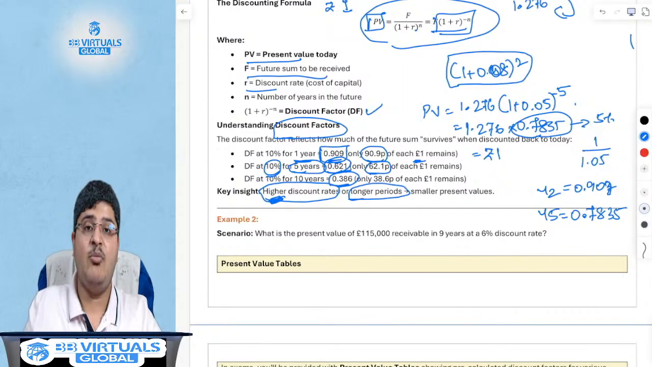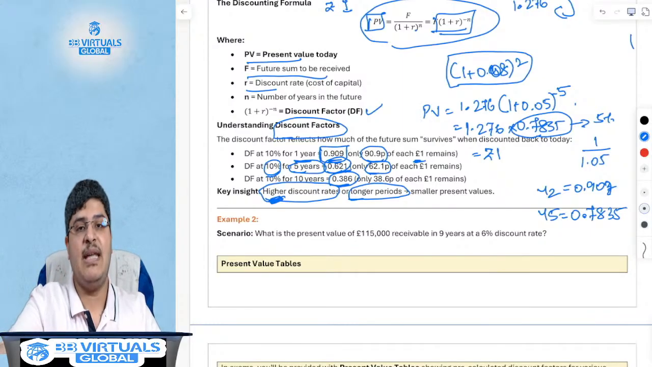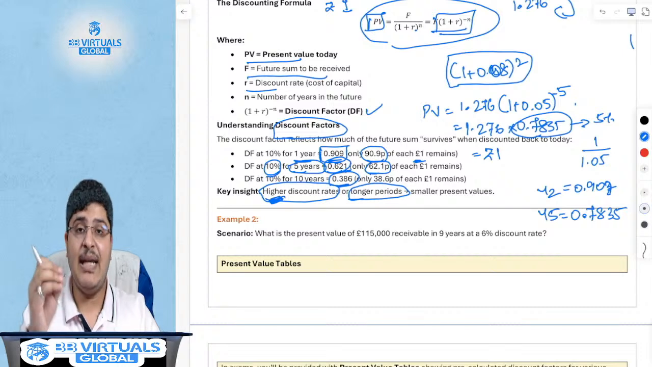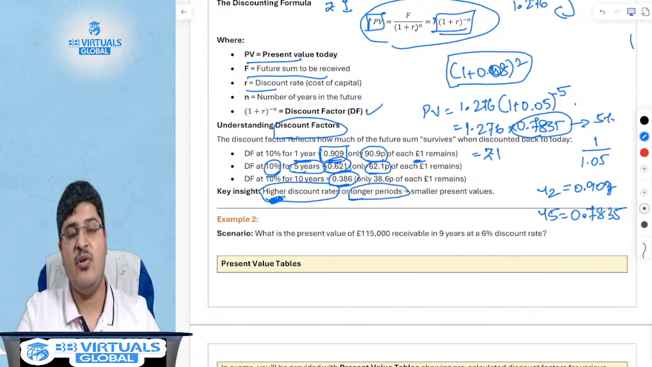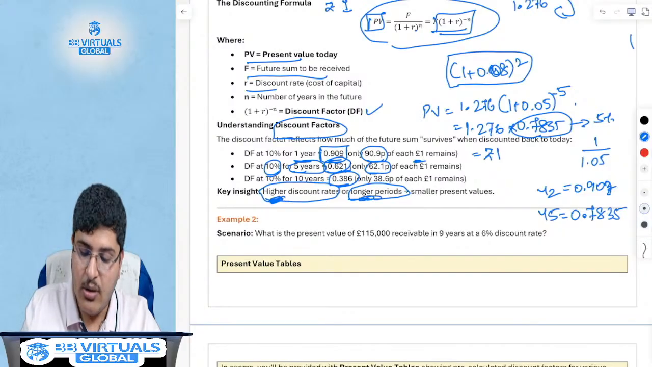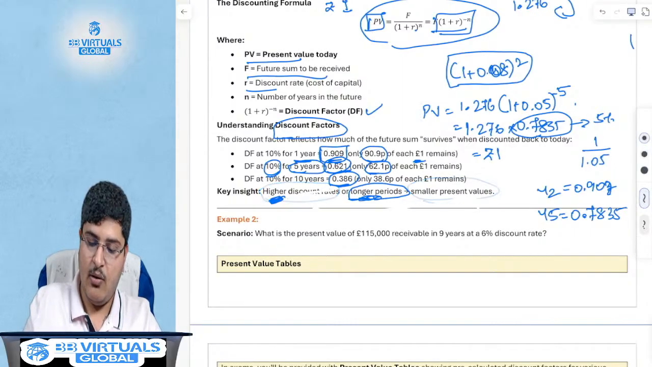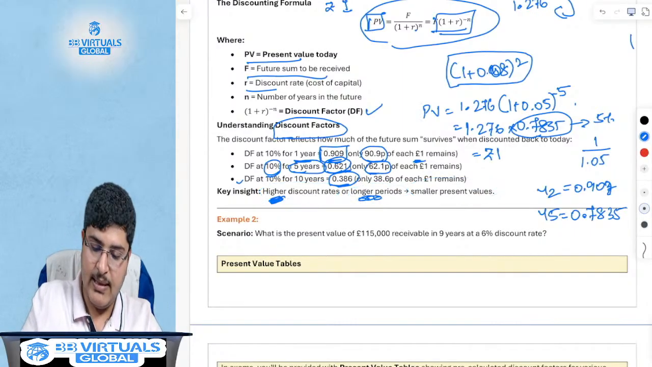Similarly, the 1 lakh rupees will take more time to reach 2 lakh rupees if you are investing at 7%, and it will take less time to reach 2 lakh rupees if you are investing at 12%. So if the period is longer, then you'll have to invest a smaller amount. If the period is longer, think of it as this example where